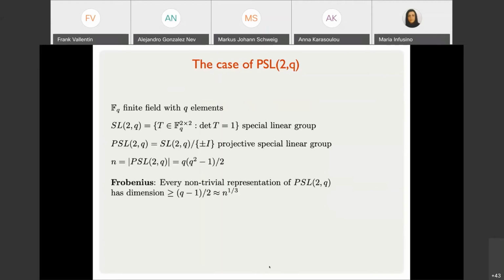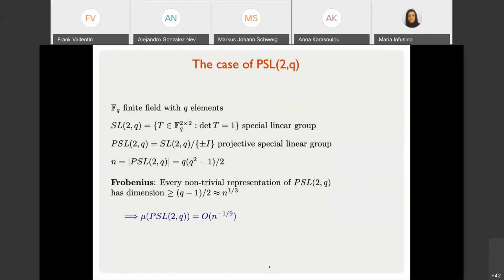Then it's a classical statement, but not easy, by Frobenius, that all the non-trivial representations have rather large dimension, namely dimension greater or equal than (q minus 1) divided by 2, and this is basically n to the power 1 divided by 3. So this says that the density inside of a product set inside of PSL_2(q) is upper bounded by O(n to the power minus 1 divided by 9). So this shows that this density goes to 0 when n goes to infinity. So this is basically Gowers' original proof